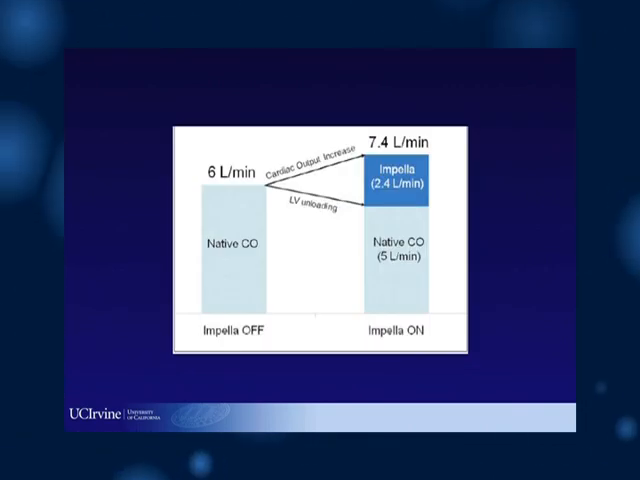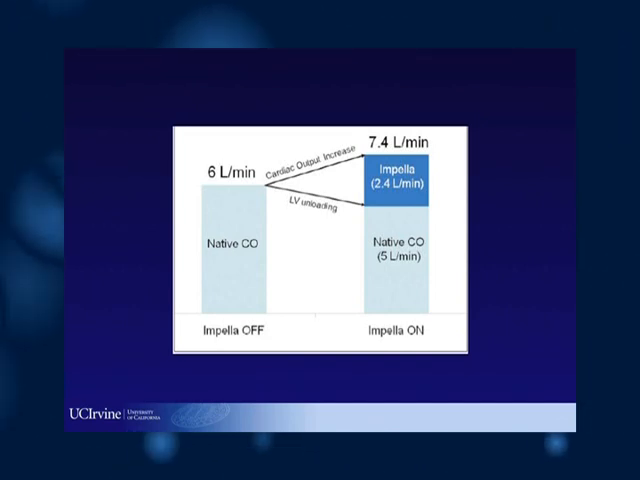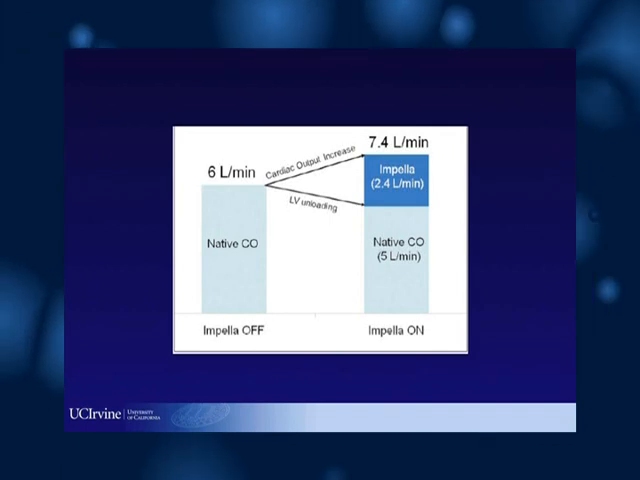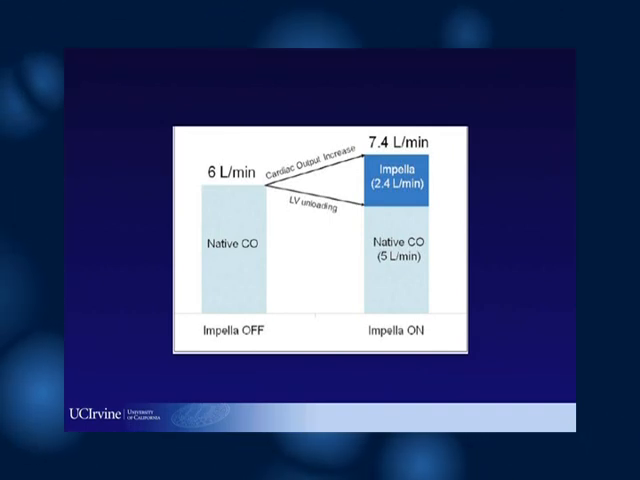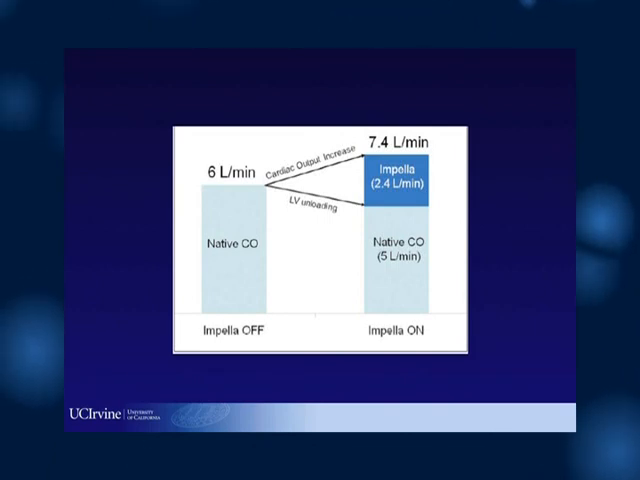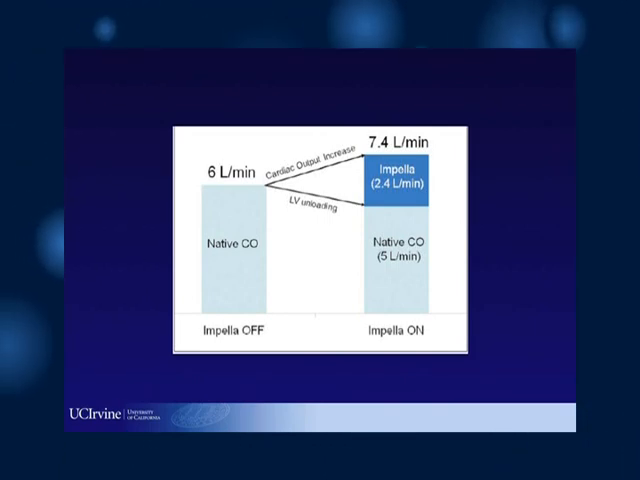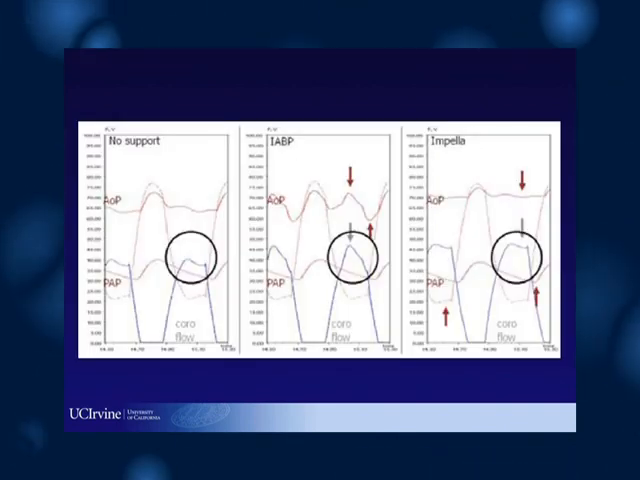A comparison of hemodynamics, especially the cardiac output with the Impella off as compared to the Impella on, shows that cardiac output can increase from 6 to 7.4 liters per minute, and with left ventricular unloading, maintain the native cardiac output at around 5 liters per minute. The perfusion pressure waveform of coronary flow, shown on the next slide, demonstrates that in comparison